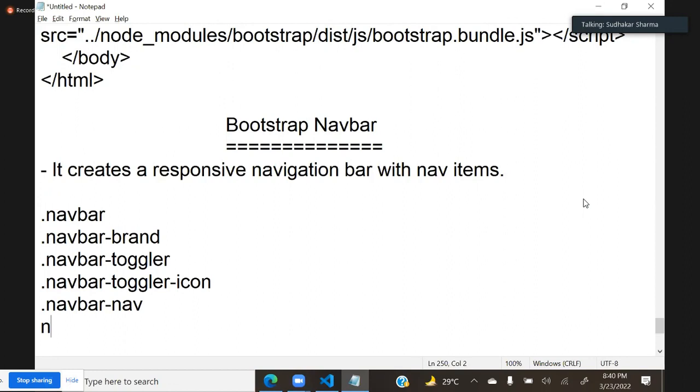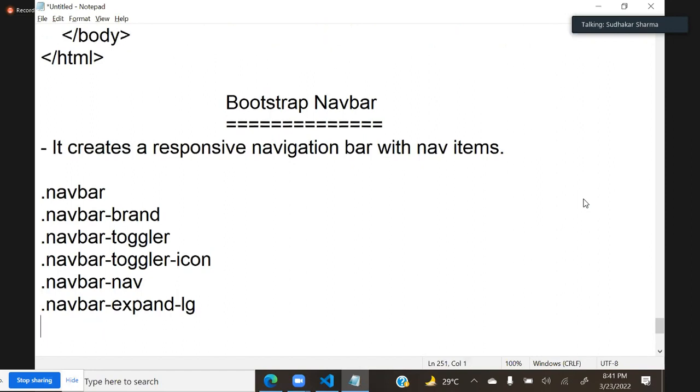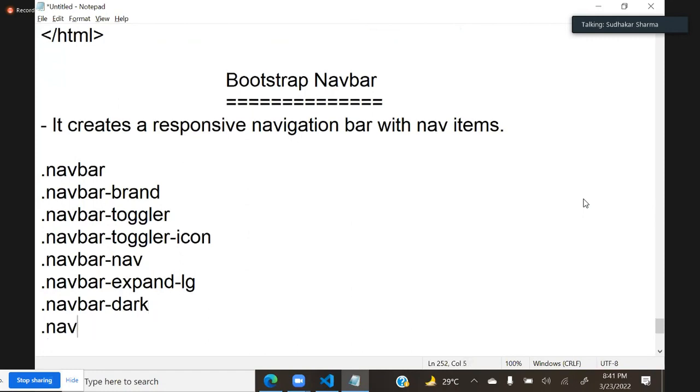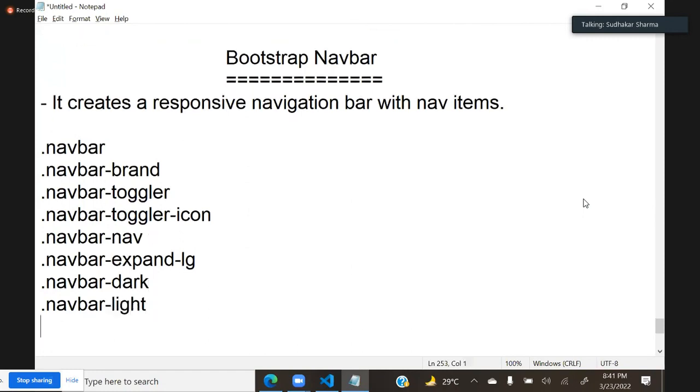We have navbar expand LG, large. We have navbar dark. We have navbar light. These are the themes for the navigation bar. But the combination is very important. Designing the combination is important. Let's see what is meant by navbar brand, toggler, all these things. Actually, navbar contains, you see,